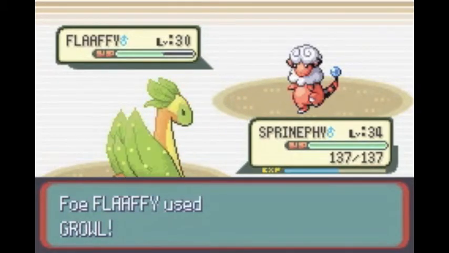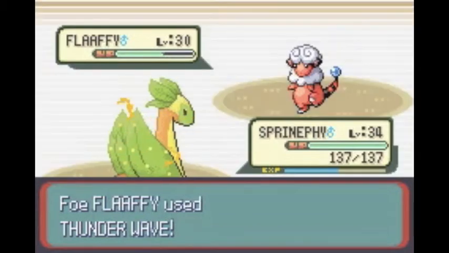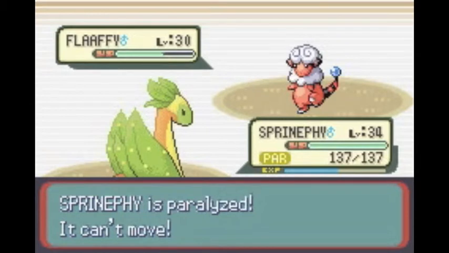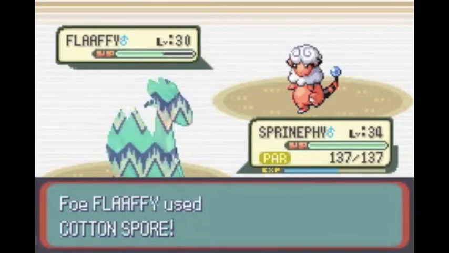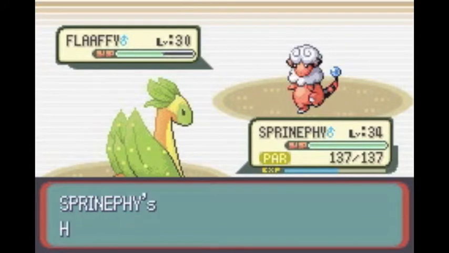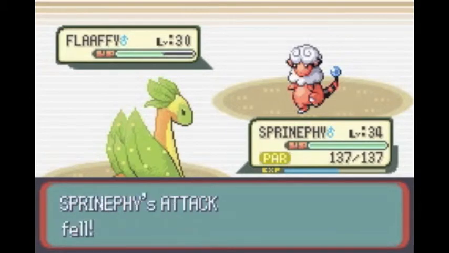So let's use Sleep Powder if it would hit, because that means it can't use Thunder Wave. I'm so unlucky with this. Oh, and I misclicked. How low do you want my speed to be now? You're going to put me at -6 speed and paralyze me. That brings my speed to like...